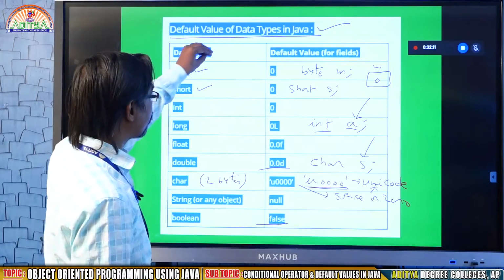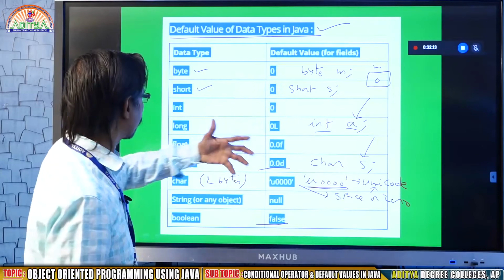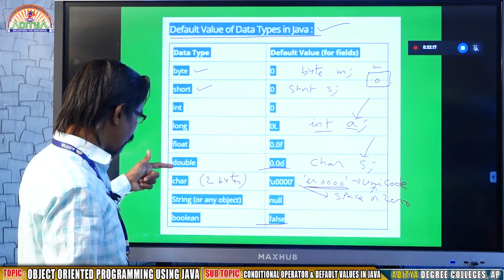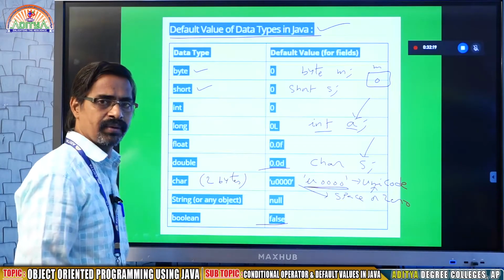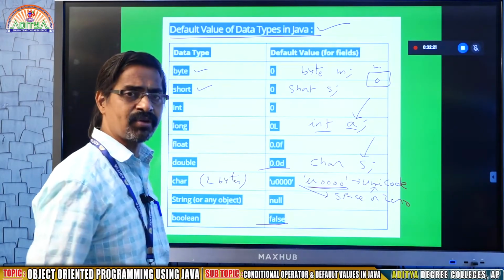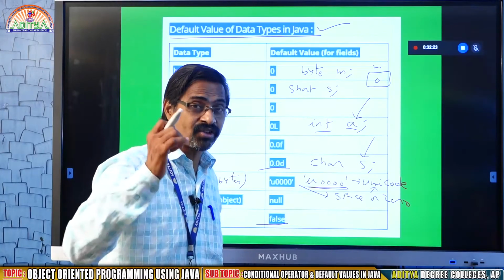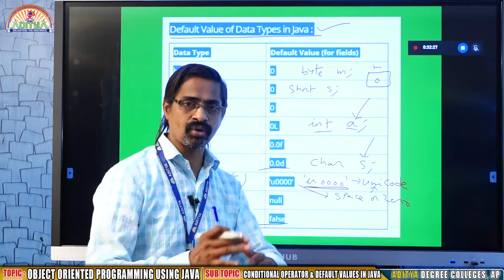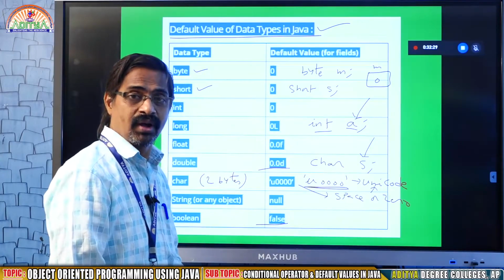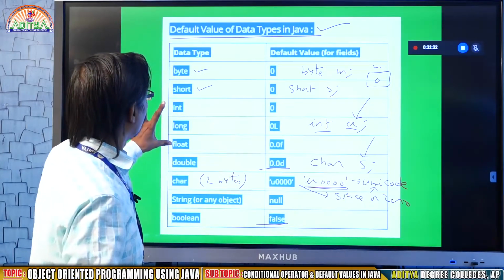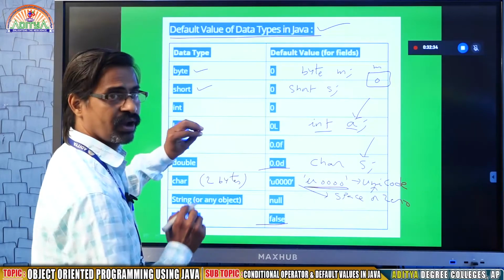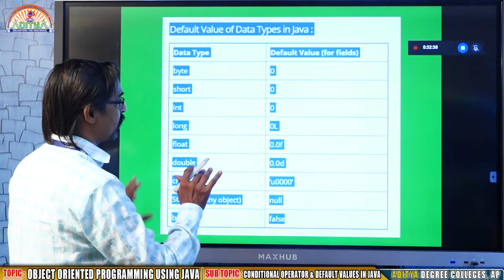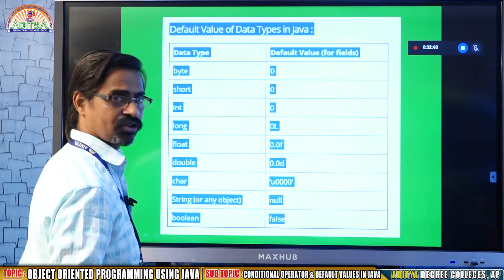Because as you know already, Java supports different data types. Among them: byte, short, int, long, float, double, char, string, boolean. Apart from all these data types, one more data type it supports, that is called the number 1 data type, that is class. That means the class you are going to learn from Monday onwards. That is okay. So this is the subject of default values. See this one clearly, what default value the system is going to maintain.